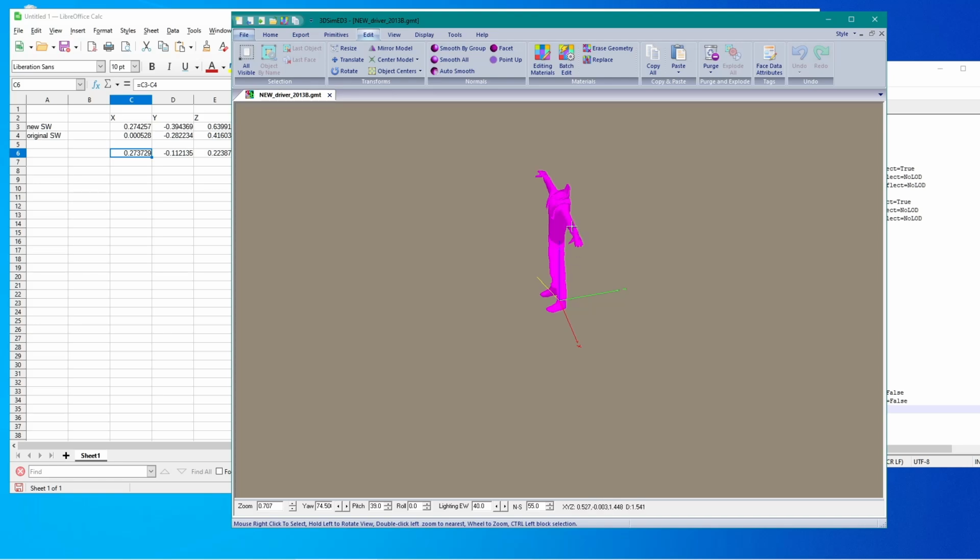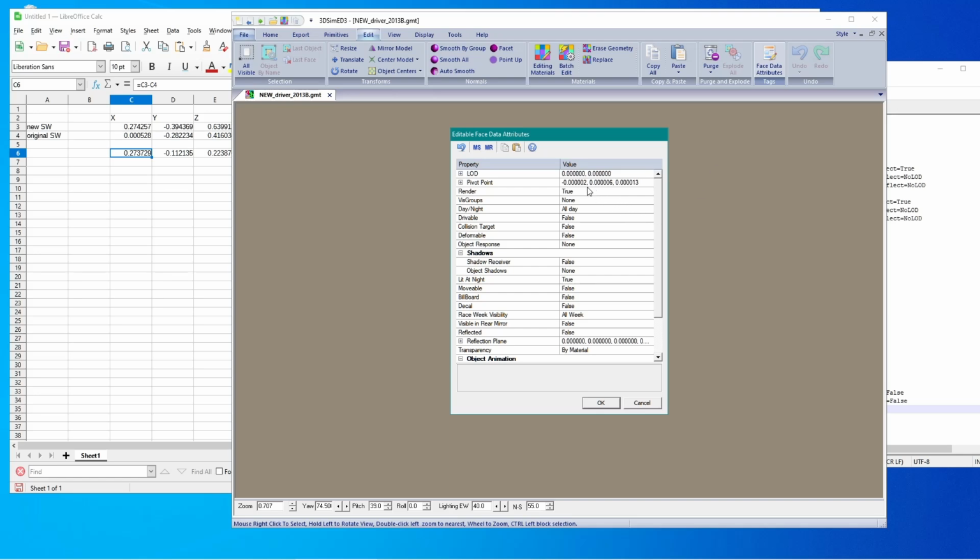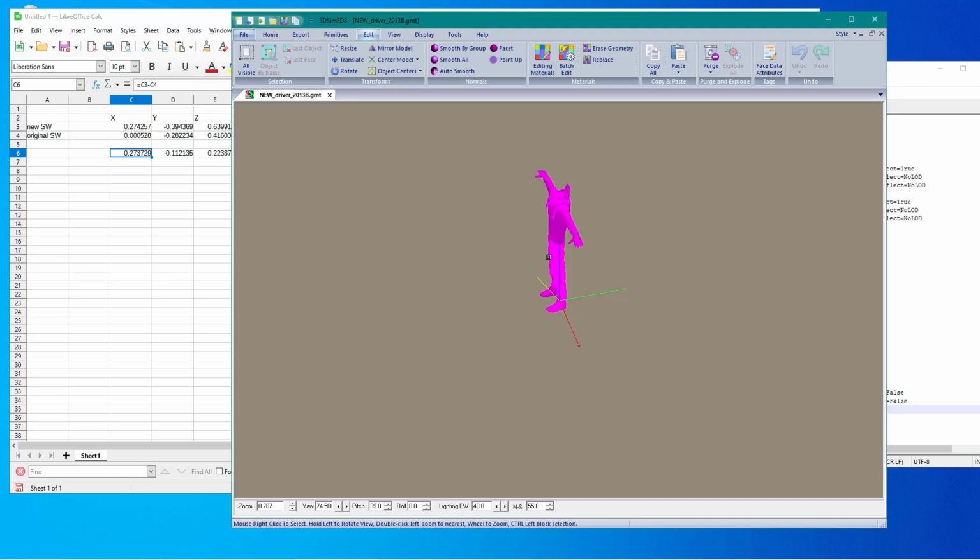The important thing is the pivot point that it has, because that has to be 0. And as you can see here, it doesn't have 0. But in this case, we don't care for that at all, because that is a position that has to match the original